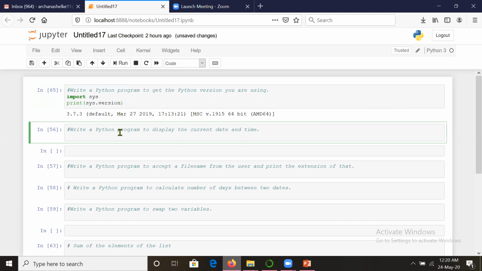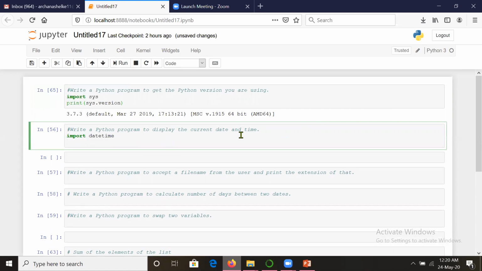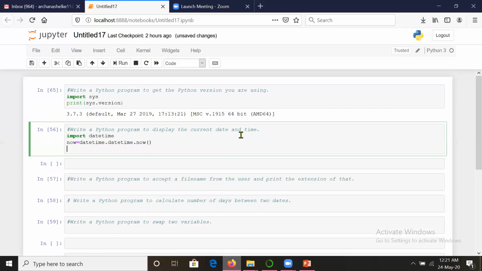The next program says: Python program to display the current date and time. We want to know the current time. For that we have a module by the name datetime. datetime is a module, and the datetime module has a datetime class, and it has a method by the name now.